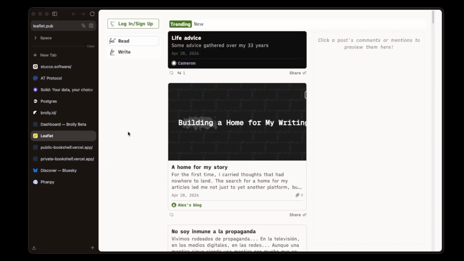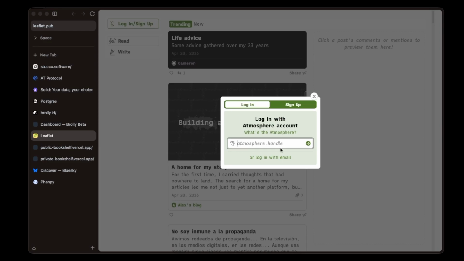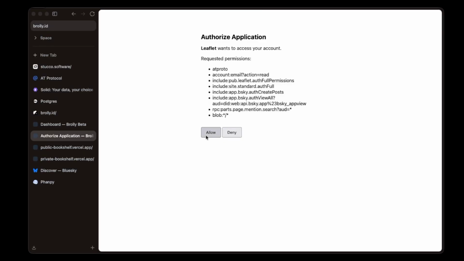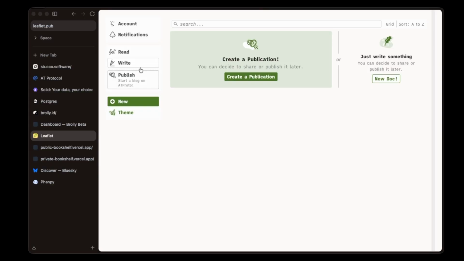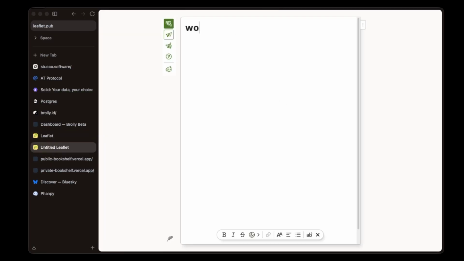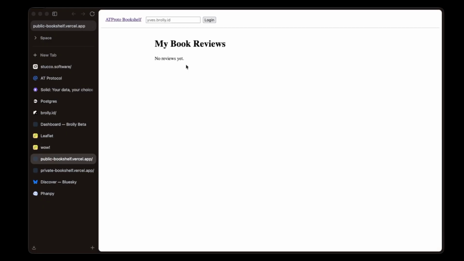Like, why couldn't I take my Nikolas.yourplace.com and go to an AT protocol app and log in to that app and start creating stuff. And all that stuff I create goes to my personal data store. And then I could log into a different AT protocol app and same exact deal. I could do the CRUD on that and it goes back to my personal data store where it's mine.